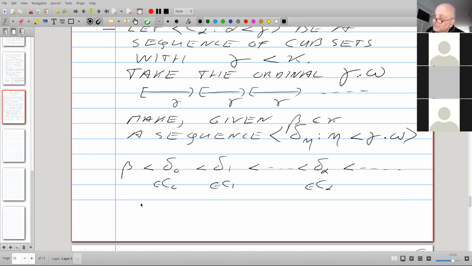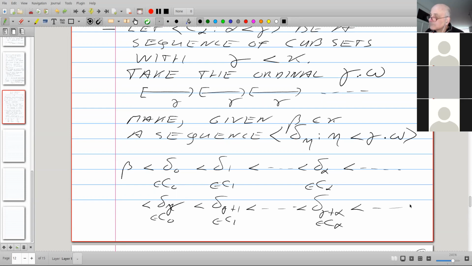But then we do the same thing again. We start at gamma. We take something above everything in this sequence, still possible because of regularity. And we take delta gamma in C0 again, and delta gamma plus 1 in C1, and delta gamma plus alpha in C alpha.